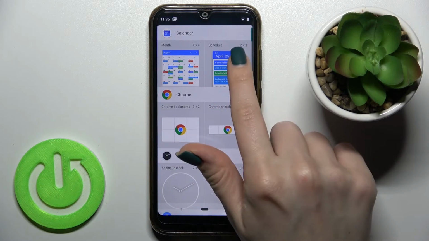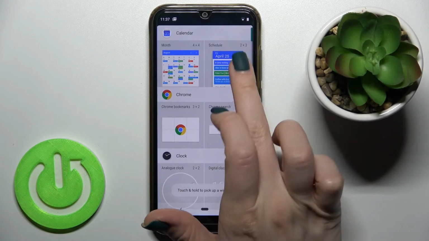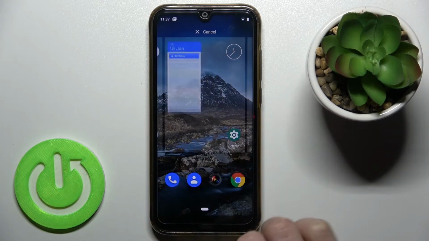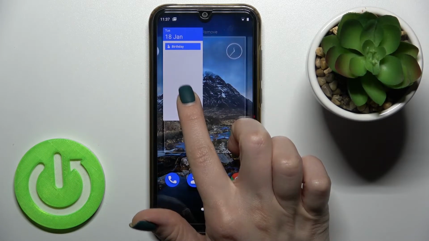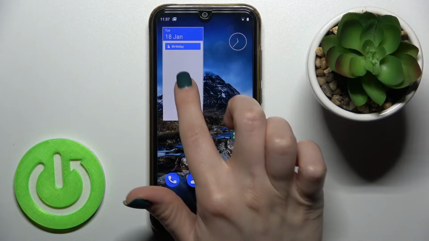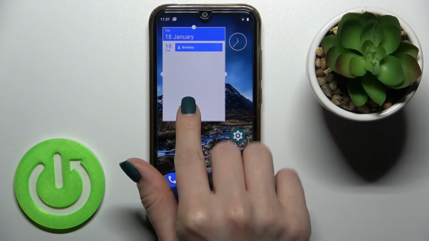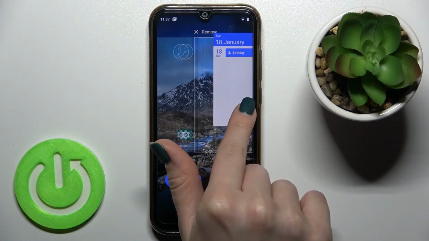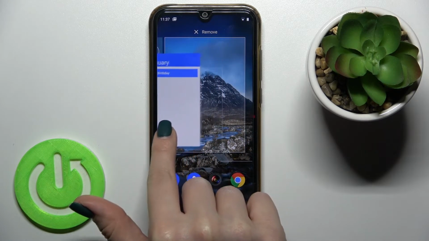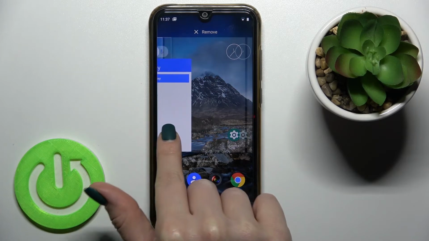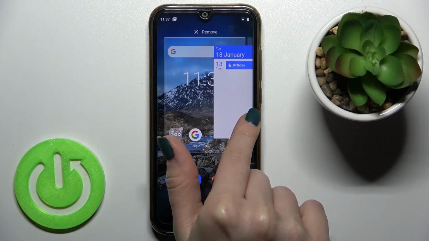For example, we can go with the calendar shadow. Just hold for a while and drag it here. Also, like the first one, you can change the size of the widget. You can move it between the screens to create new screens, and if you want, you sure can